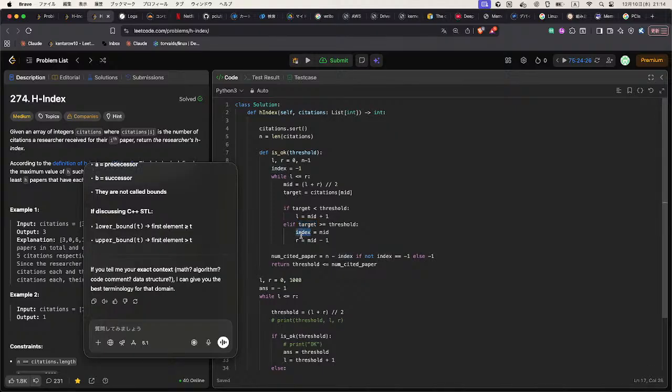So the index is the lower bound, right? Yeah. Index is the lower bound, and